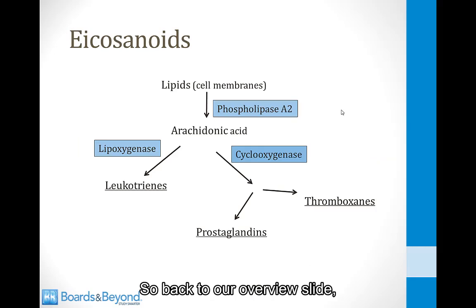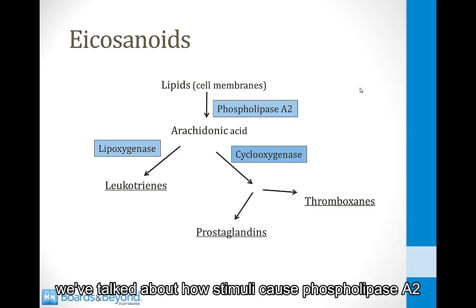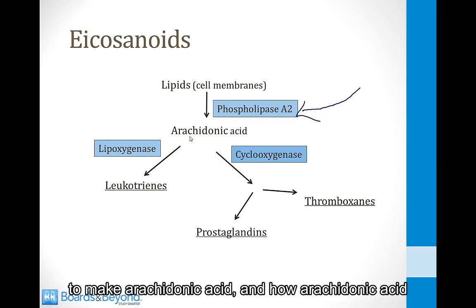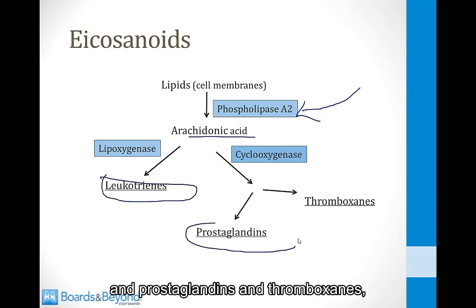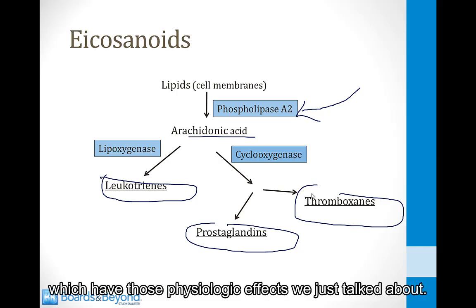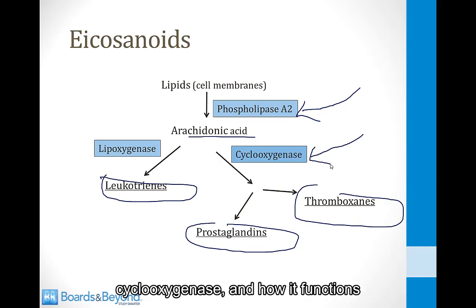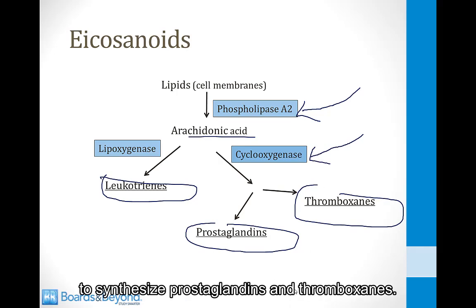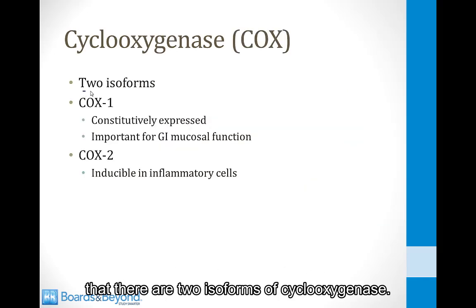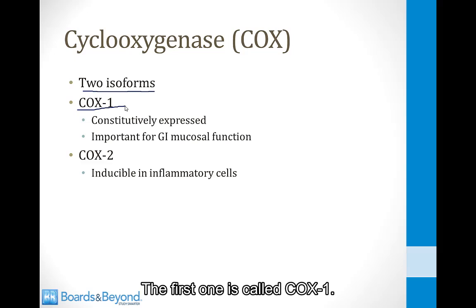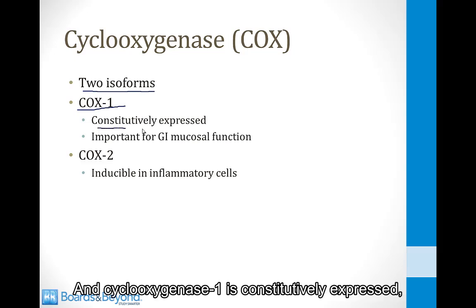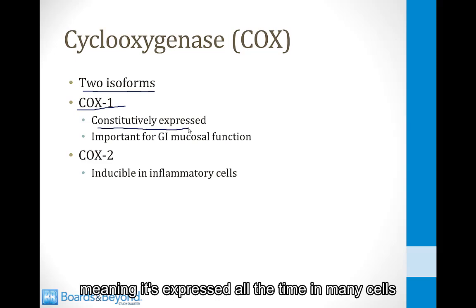So back to our overview slide, we've talked about how stimuli cause phospholipase A2 to make arachidonic acid, and how arachidonic acid is converted into leukotrienes and prostaglandins and thromboxanes, which have those physiologic effects we just talked about. Now we're going to talk about this enzyme right here, cyclooxygenase, and how it functions to synthesize prostaglandins and thromboxanes. So it's very important you understand that there are two isoforms of cyclooxygenase. The first one is called COX-1, and cyclooxygenase 1 is constitutively expressed, meaning it's expressed all the time in many cells in the